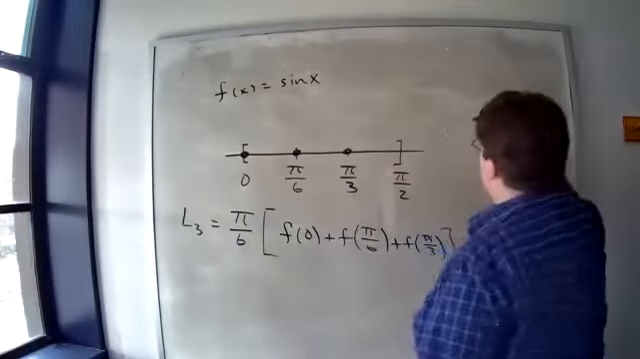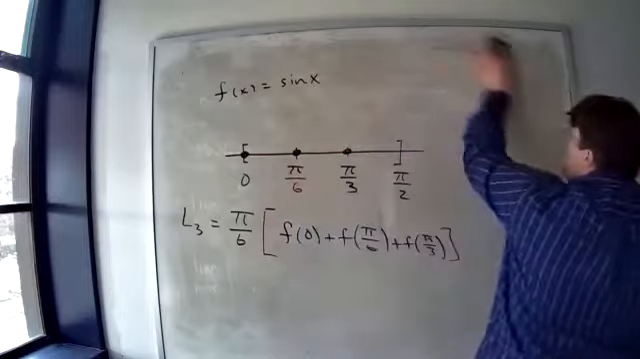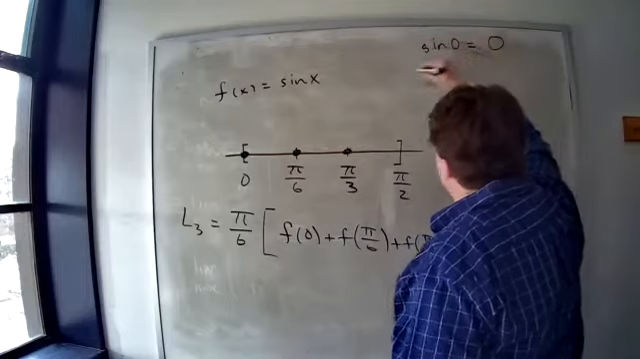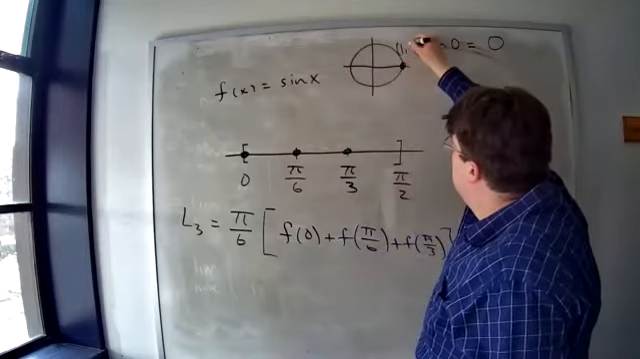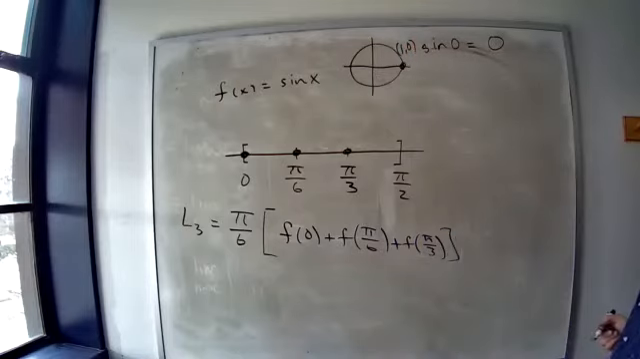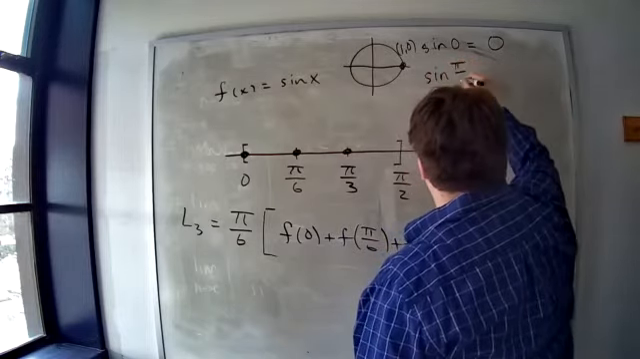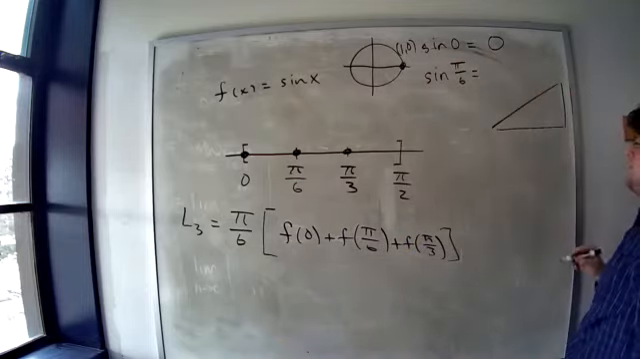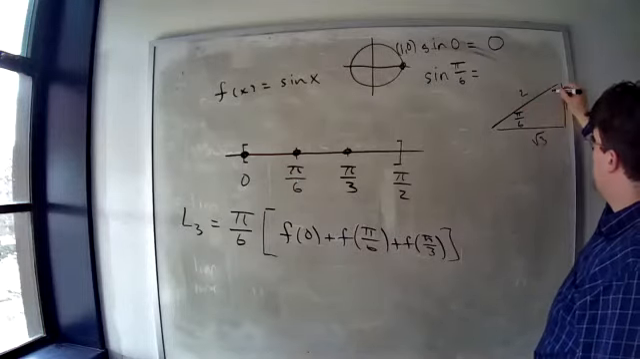I'm going to do the side work over here. F of 0 is sine of 0. Sine of 0 is 0. Why is it 0? Because that point over there is (1, 0), so sine of 0 is the y value. Next, we need sine of pi over 6. Well, we have this triangle, quadrant 1 angle, pi over 6, 1, root 3, 2,